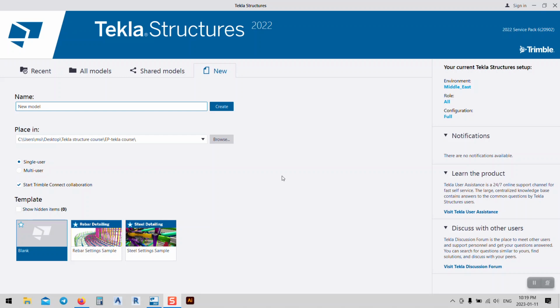Hello brothers, sisters, how are you? In today's lesson I would like to show you how we can model a warehouse in Tekla Structures. And because for a long time I've been making